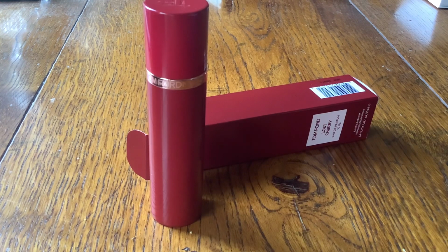I had been wanting to try Lost Cherry for quite a while. I actually thought it was a new release at the end of last year, and I just hadn't got round to having a visit to a Tom Ford counter in order to have a spray, what with the end of the year and then the pandemic and so on. Actually, when I started looking at what it said on the internet, it has been out since 2018,